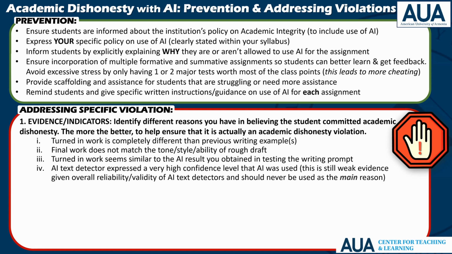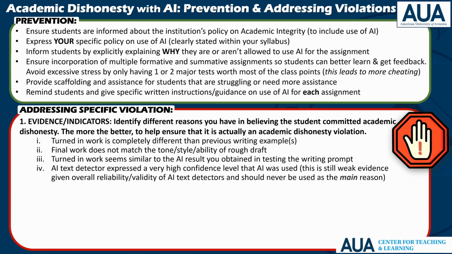And research has shown that using AI text detectors on text that's been written by students that have English as a second language or an additional language has been shown to have a high rate of false positives. That's something that we need to take into consideration as well. So the use of an AI text detector, that is not strong evidence in any stretch of the imagination. It's just one indicator. We need to have multiple indicators in order to really go forward to address a violation